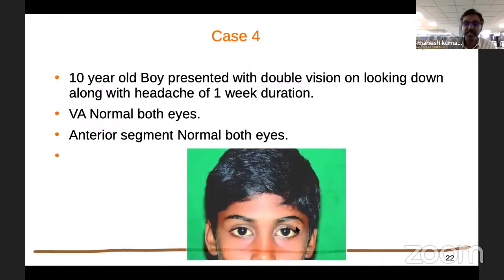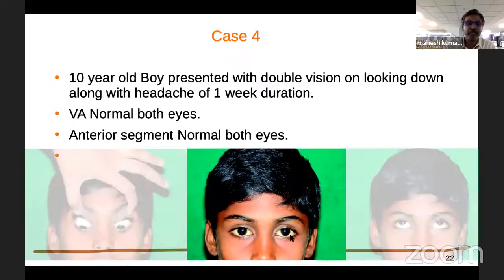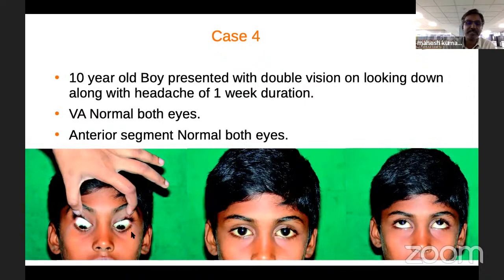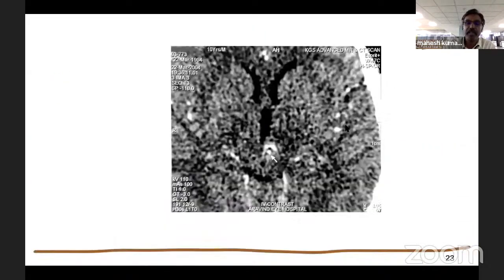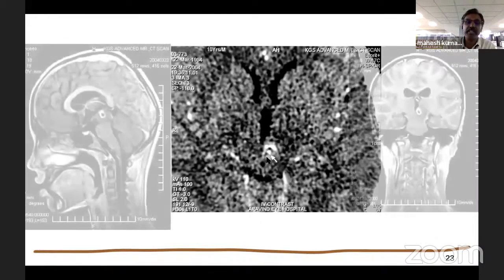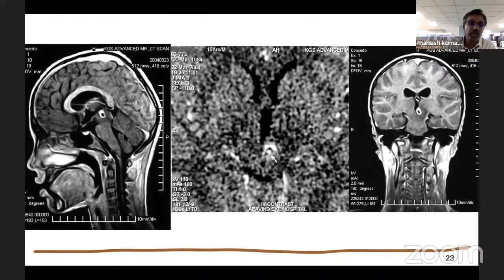And as you can see, there is a little hypertrophy on the left eye, and there is a downbeat nystagmus, while up gaze was normal. Neuroimaging showed a ring enhancing lesion again in the brainstem, in the midbrain, with an additional enhancing lesion as scolex. Neuro MRI was done in the same patient, of course, with the help of radiologists.